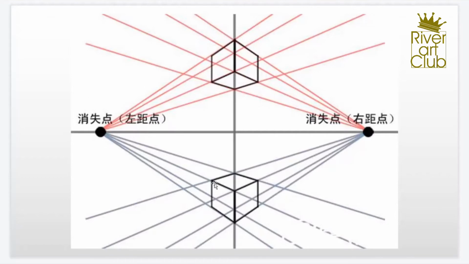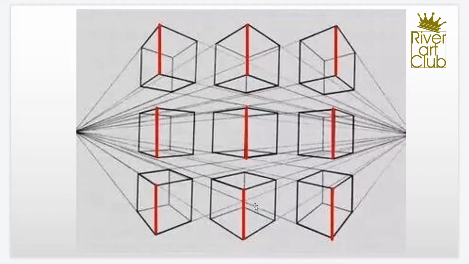The lines look like this. 这样去连的话，所有的线都会形成。当我们把这个物体摆在任何视角的时候，它的透视规律就是这样子的。There are many different angles, but it's all